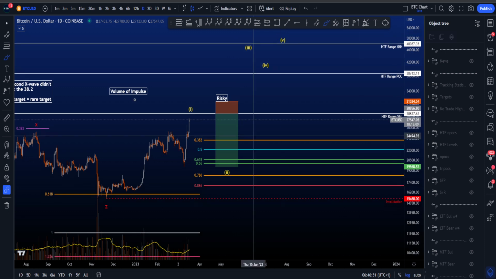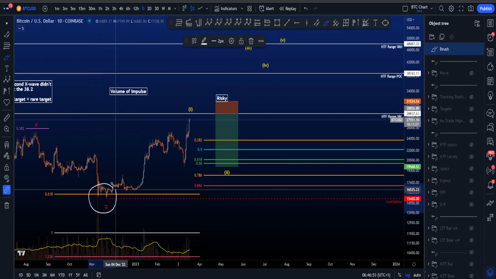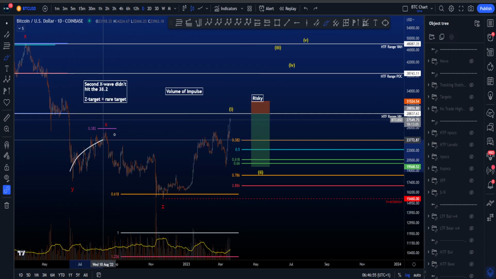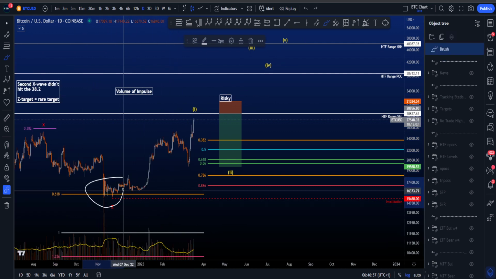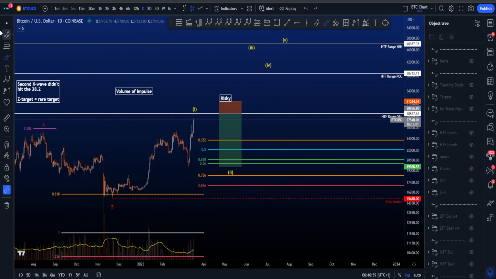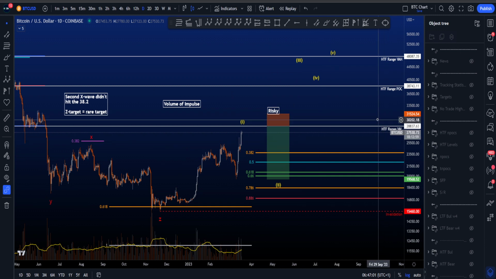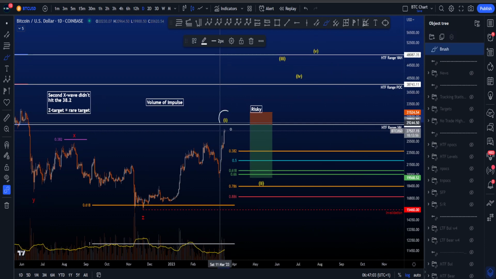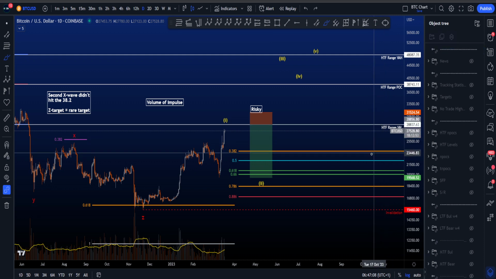Now in this scenario, the bullish scenario, the low over here is not a wave B in an ABC expanding flat, but it's the end of Z, and this is the beginning of a big bull run to the upside. In this scenario, we are waiting for this wave 1 to finish. Again, the high time frame range value area low is very important, it's a very important resistance area,